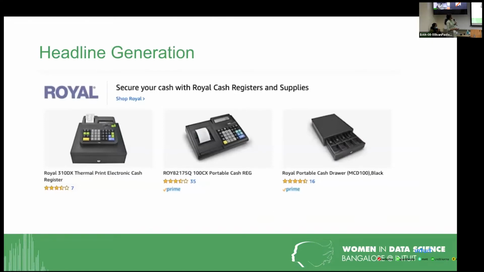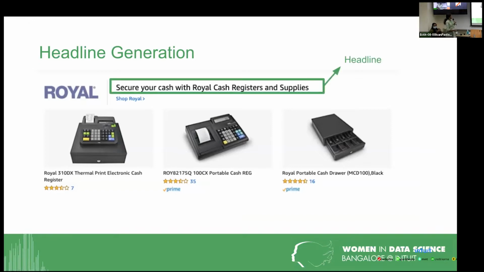So now I'll probably go into one of the papers we published at NACL, which is on headline generation. So this is one of the templates for which we generate headlines. This is what we are trying to generate, the top caption of the ad. The advertiser provides three products that they want to promote in an ad, and we need to generate a headline which summarizes all these products in such a way that it promotes the products and still represents each of the products in it.